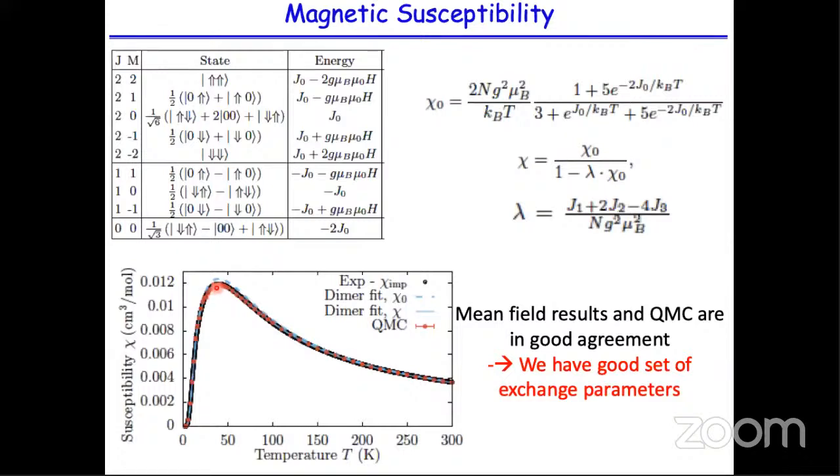So this indicates that we have a good set of parameters. And further, we also did quantum Monte Carlo calculations with those parameters, and we found that the mean field calculation and the quantum Monte Carlo calculations are in quite good agreement. So this magnetic susceptibility data, with a good agreement with the experiment itself, indicates that we have a very good set of exchange interaction parameters from